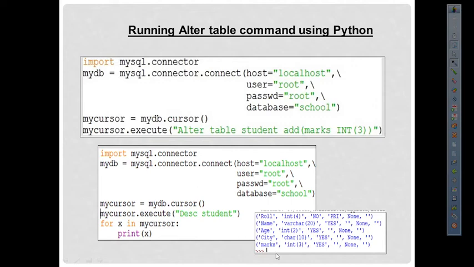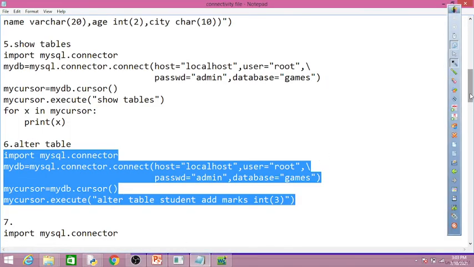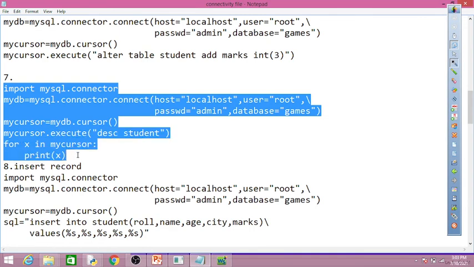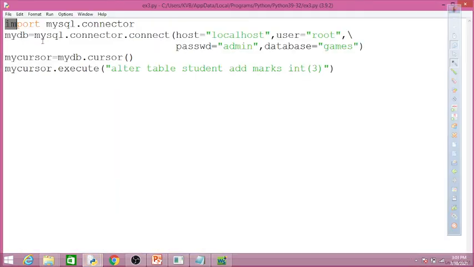Okay, so let us do it practically on the Python prompt. We go to the Python prompt and we will execute this code. This is our code. I am going to show the structure of the table, and how we can do it through Python. Let's see it.